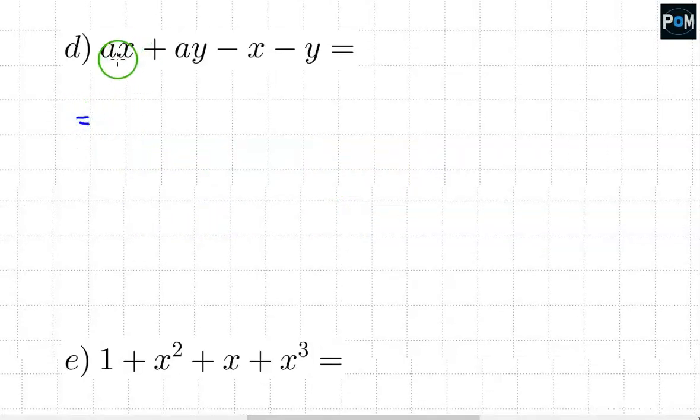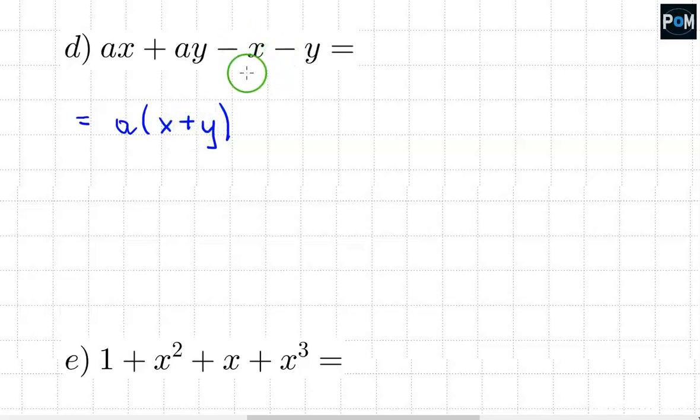In example D, we don't really have to complicate things here, at least at the start. From the first 2 terms, we factor out a. In parentheses, then we have x plus y. Now what to do to also have x plus y in parenthesis from these 2 subsequent terms? Here we need to extract the minus in front of the bracket, and then in brackets, we will have x plus y. After dropping this parenthesis, taking into account the minus in front, from such a thing, we get something